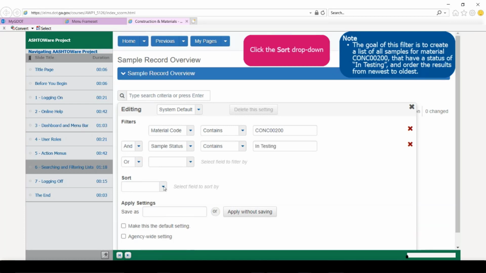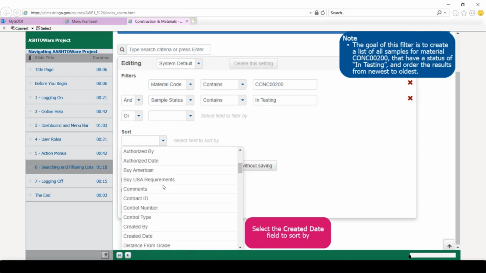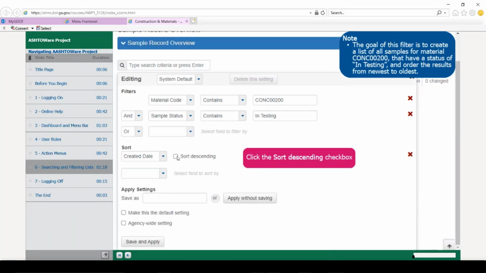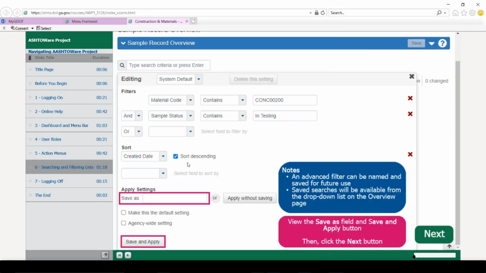We can also choose the sort drop-down and specify that we want it to sort by created date. We can further specify that we want it to sort descending, and by checking on that checkbox, we can add that parameter. In Apply Settings, it has a Save As button or Apply Without Saving, which we'll see. And there's also a Save and Apply button as well.